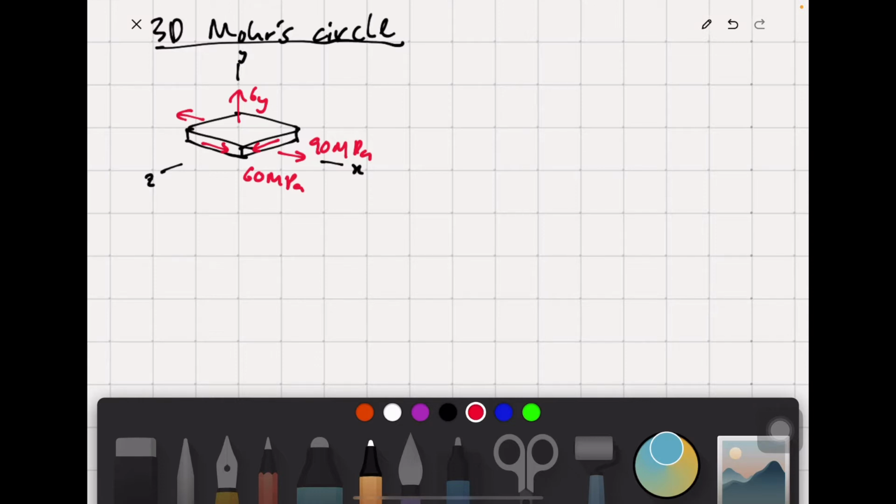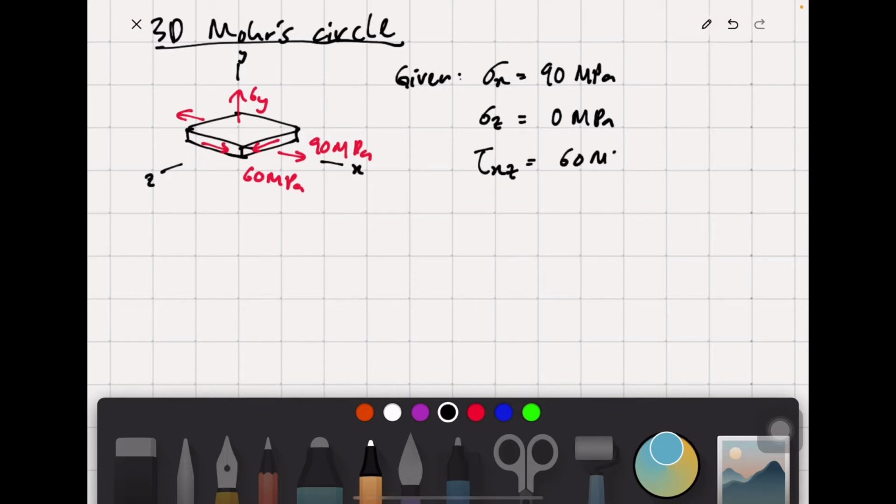Sigma z, there's no arrow because I'm going to write it down over here. Given sigma x equals 90 megapascal, sigma z equals 0 megapascal, and tau xz on the xz plane equals 60 megapascal, as written down in the figure. And what you're going to do is to find all values. This is the question actually,